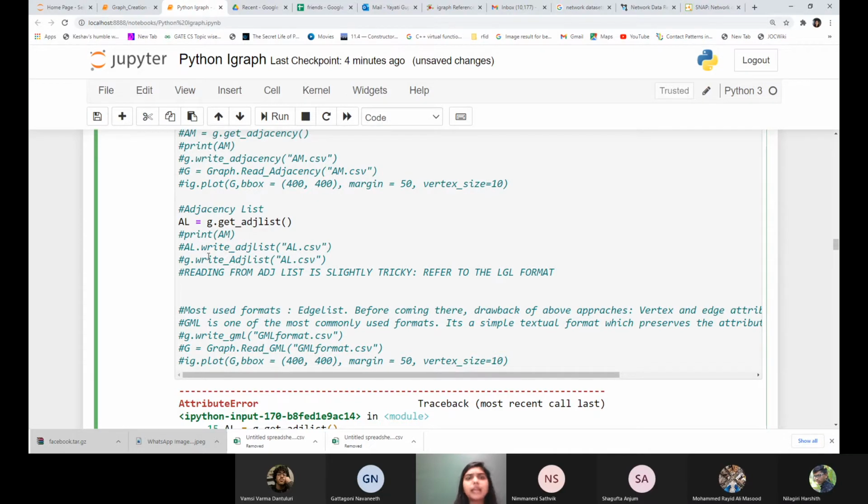This happens with both iGraph in R as well as Python here. Most of the time this function to read an adjacency list is quite easy in the case of NetworkX. So we are going to use one function for that from NetworkX. I'll come there.